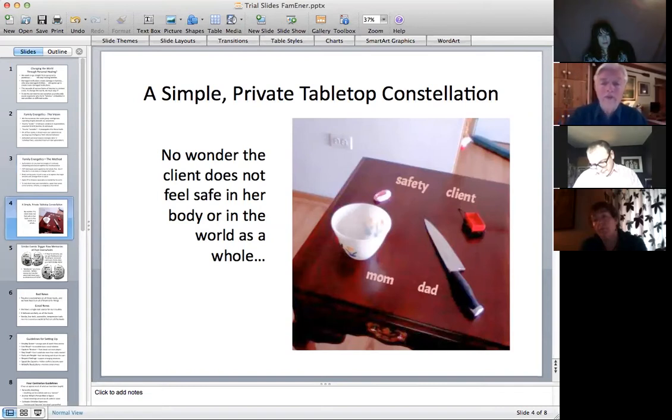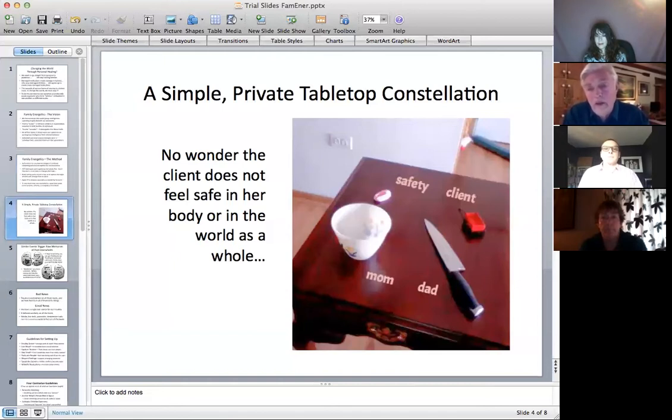Guess what? If you've facilitated group constellations, guess what you don't have now? You have no time pressure. If you're doing it on your own, which the home altar class will take you through, everybody in the home altar class, which follows this class, does their own home altar constellations. Those who want send in pictures, and we all help. We all look at a constellation every class and work with the person. But there's no time pressure. There's no client pressure, and you've got this whole rich array of symbolism.